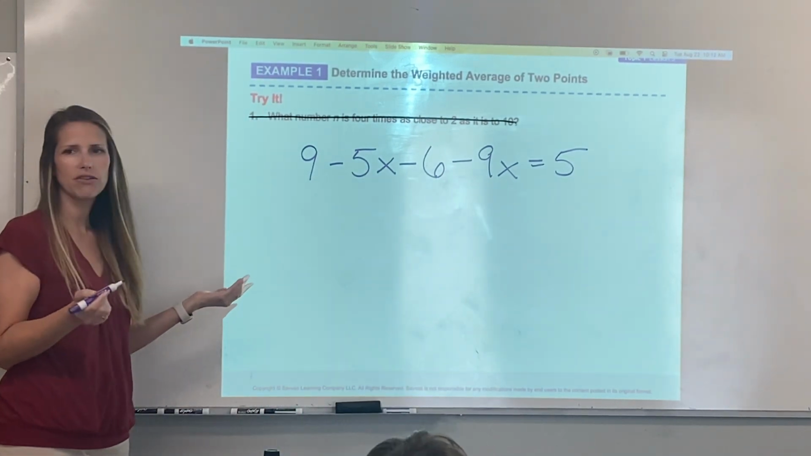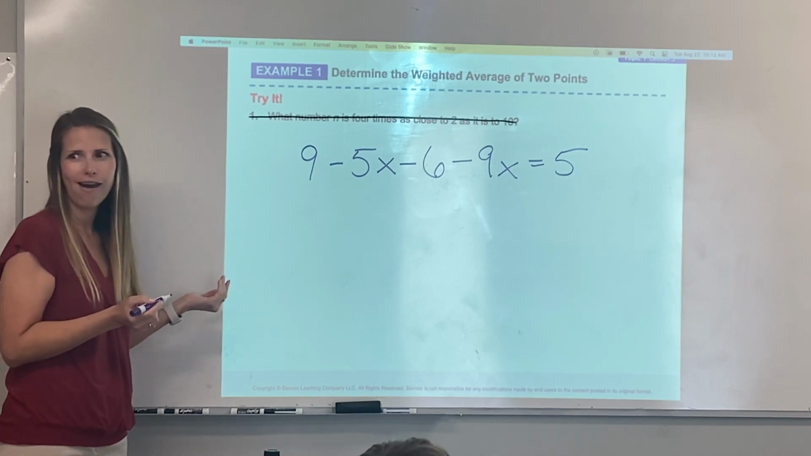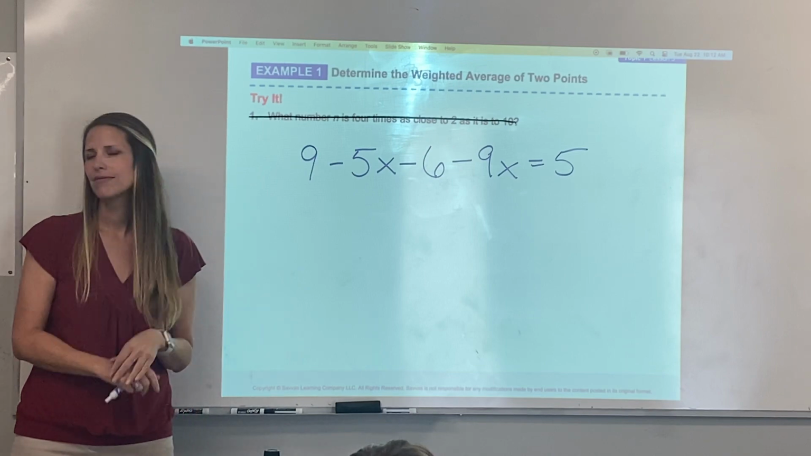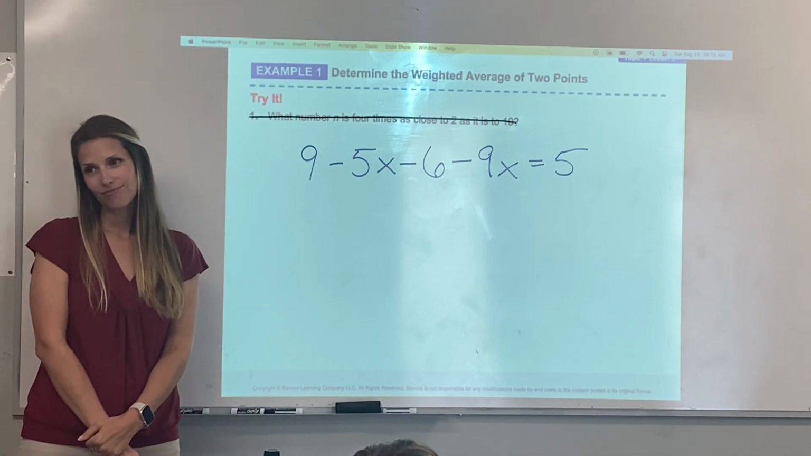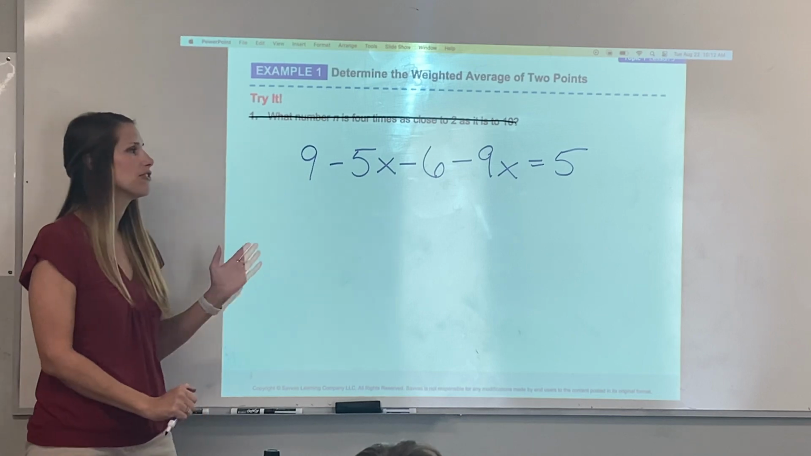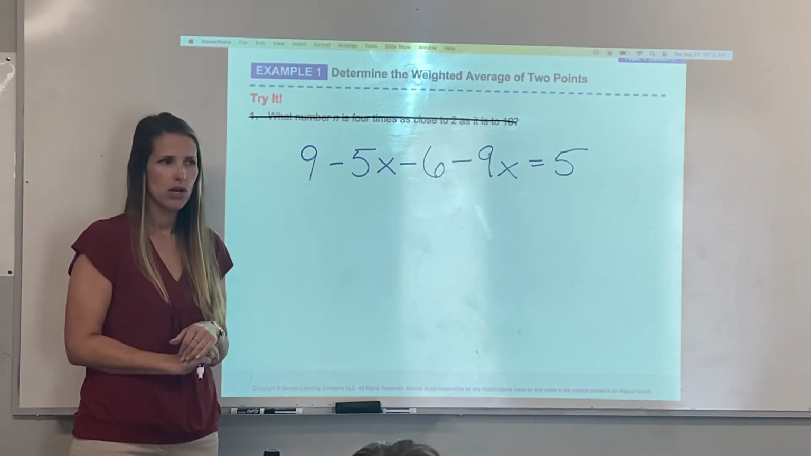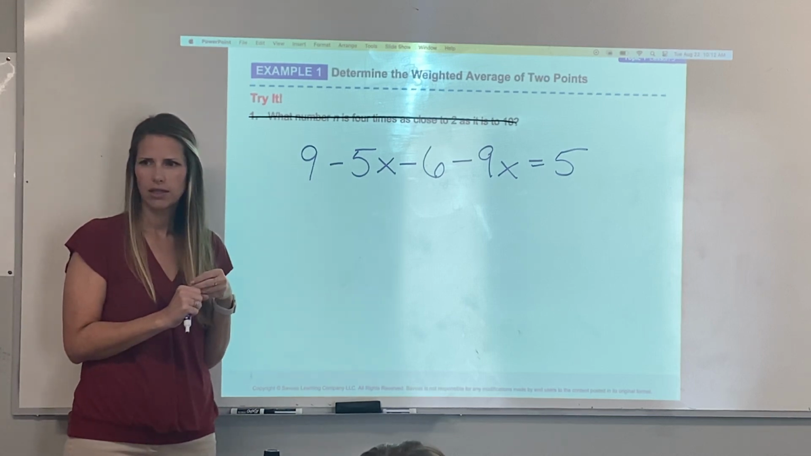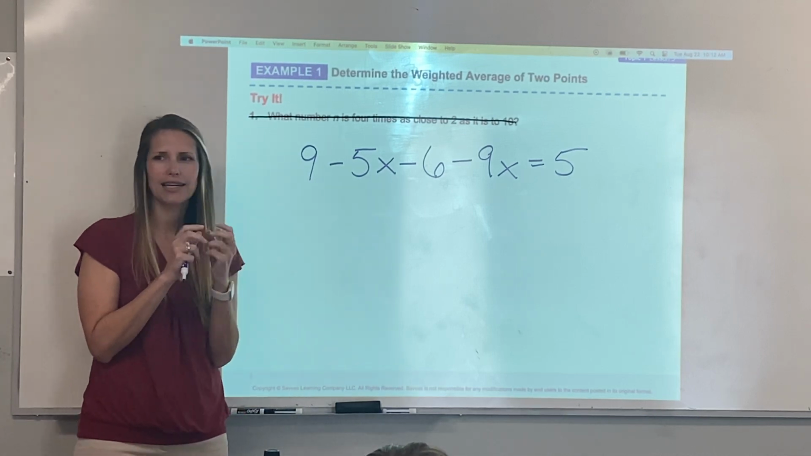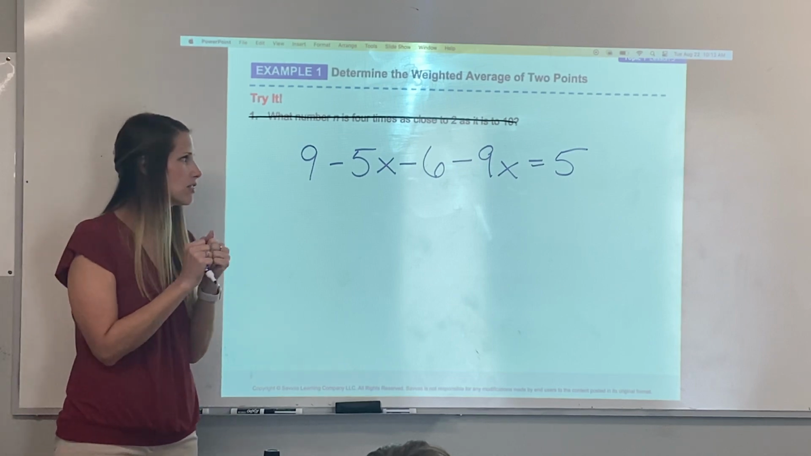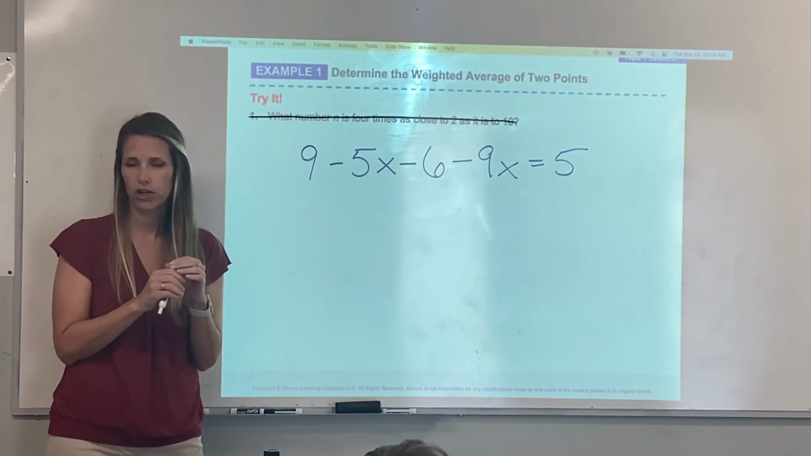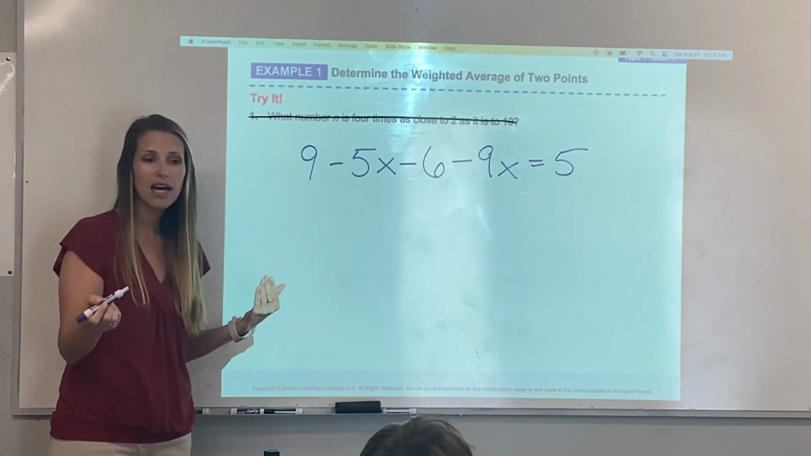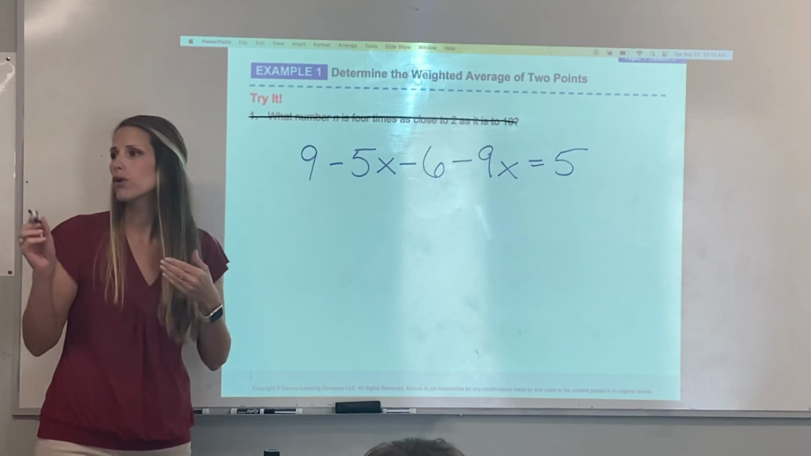And what are we trying to solve for? Yes, we're trying to solve for x. X is in a few different spaces. So it's going to be really tricky to start pulling things out until we bring our x's together. Our x terms are like terms. And we like terms because we can,